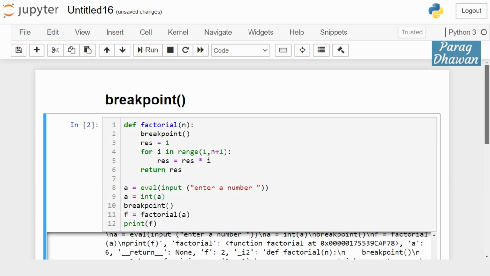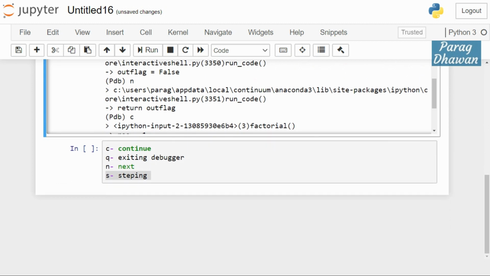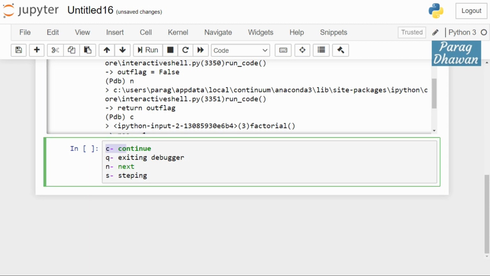So when is debugging performed? Debugging is performed if your program contains any logical error and you want to remove that error. What you do, you check the state of the variable till the point of the program, inserting breakpoints. And after entering the debugger, you can check the state of the variables by printing the value of the variable, and you can run continue command. You can exit the debugger by Q. You can execute the next line by N. And if you want to run or execute the function, then you use S command.